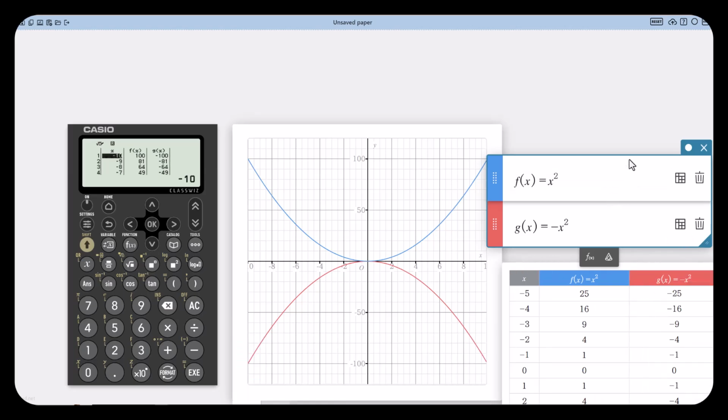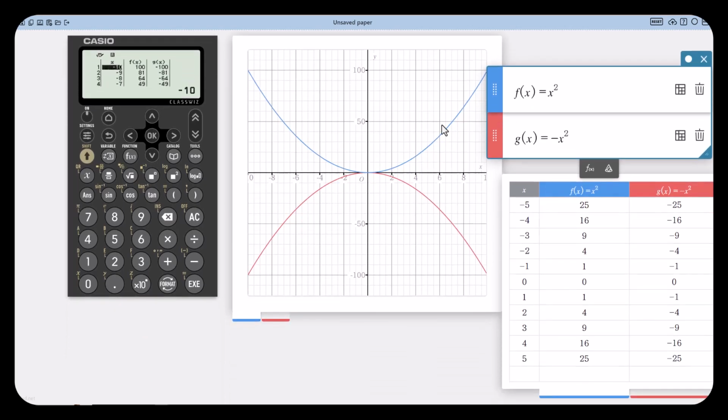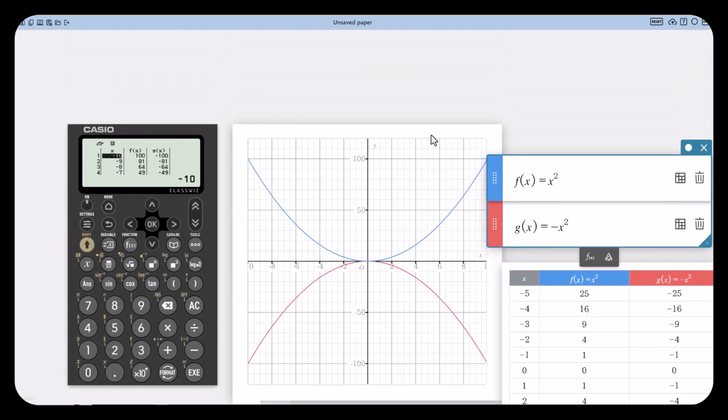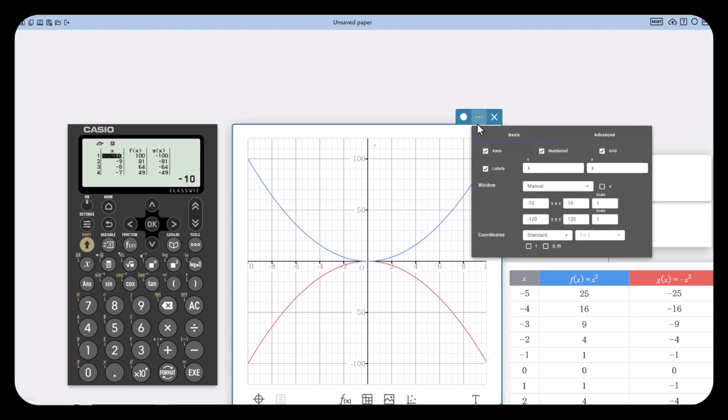Once you're in this dynamic environment, you can play around and manipulate. That's what I love about this, because now I can make some conjectures. We're focusing on horizontal shifts in this particular video, but I could then apply what I already know. If a student's already done the vertical shifts, I can start applying and making connections and really understanding those different equations. So here are my functions graphed.